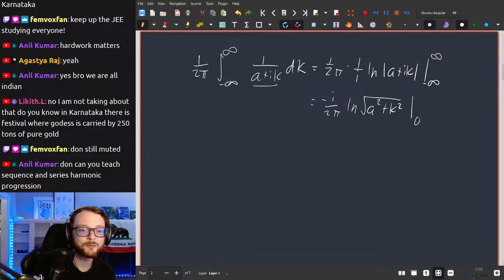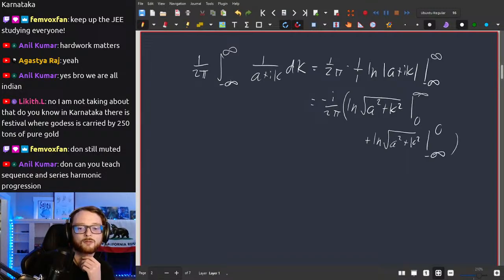There's a discontinuity in this thing at 0, so we need to actually do from 0 to infinity plus from minus infinity to 0. I don't know if this will actually fix it or not, but